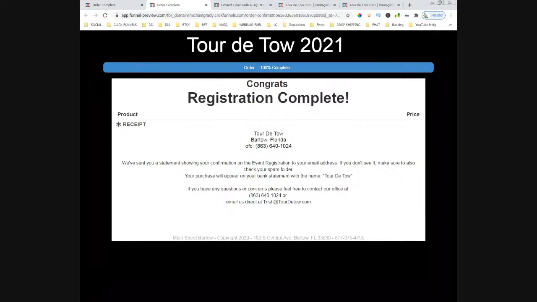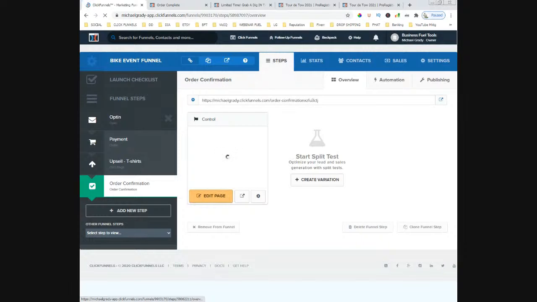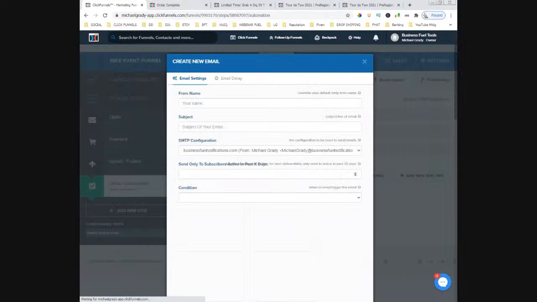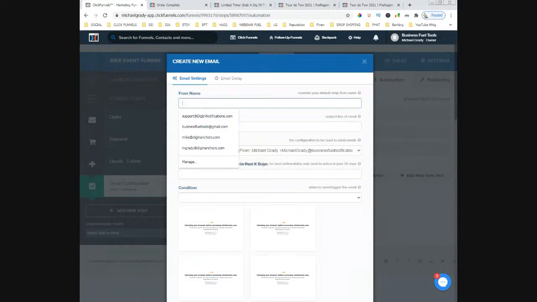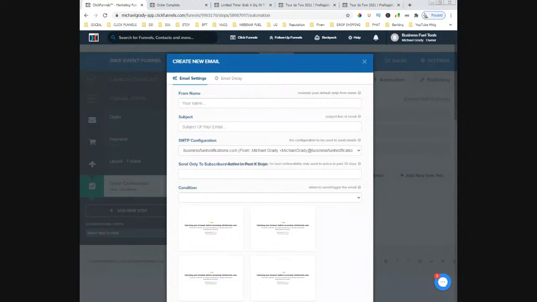Now, what we can do is on the registration page, once we're complete, we can come over here to automation and add an email. And we can actually put together an email to send to everybody who registers. So it would be everyone who purchased, I should say. Then you can pick the template. Actually send it for me. This wouldn't actually come from me. It'll come from the event director, but just to show you how this works,